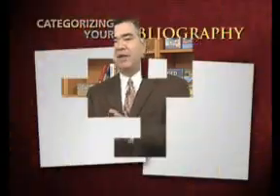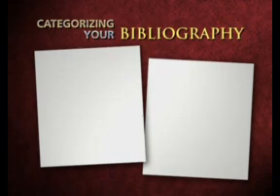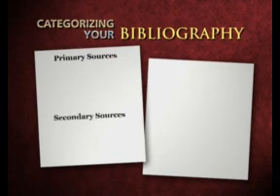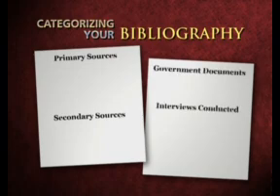list them all. In some cases, for example, if you're writing a long paper with many sources and many kinds of sources, you may even want to divide up your bibliography into various categories of works. For example, you could create a bibliography that listed under separate headings primary sources and secondary sources. Or for a different kind of paper, you might have a bibliography divided up into government documents, interviews conducted, and published works. It all depends on what format will present your research most accurately and will be most clear and